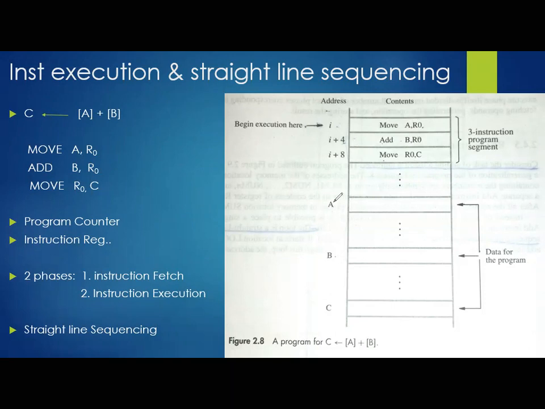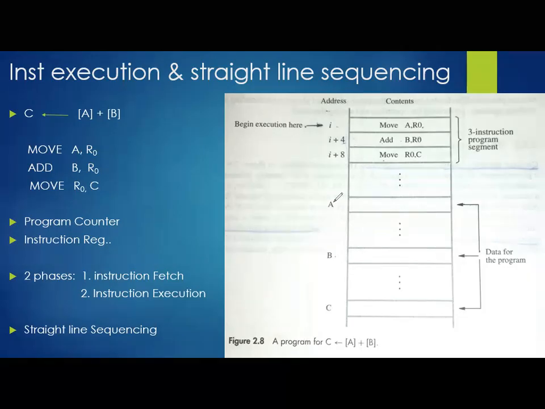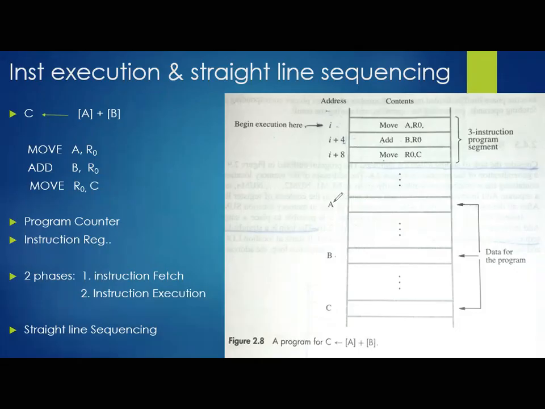Then obviously we need to ask the user to enter the value of A and enter the value of B. So we may write printf, enter the value of A, then scanf. The address of A, ampersand of A, we need to write exactly in the case of scanf. That means wherever this A is located, there we need to upload the value which has been entered by the user.